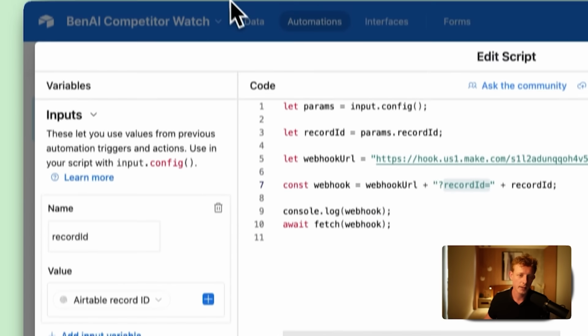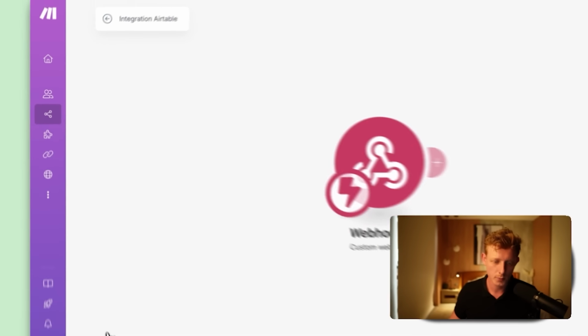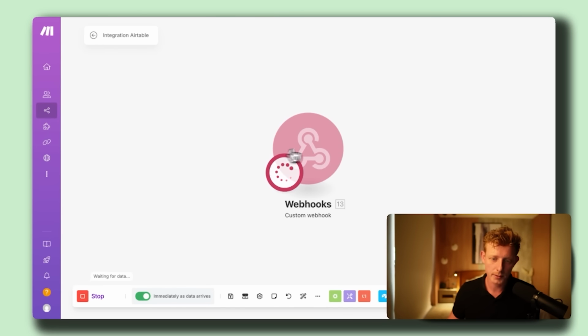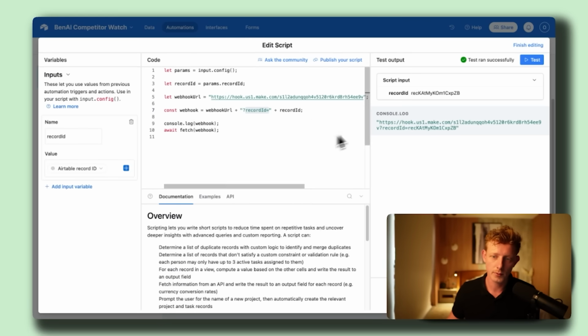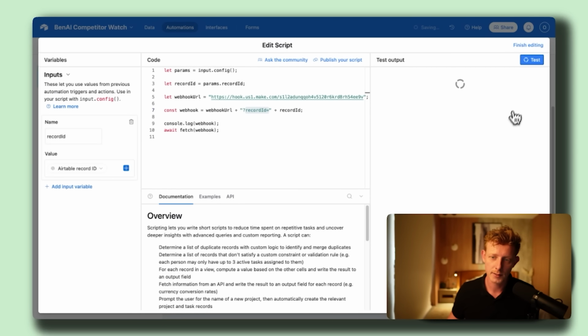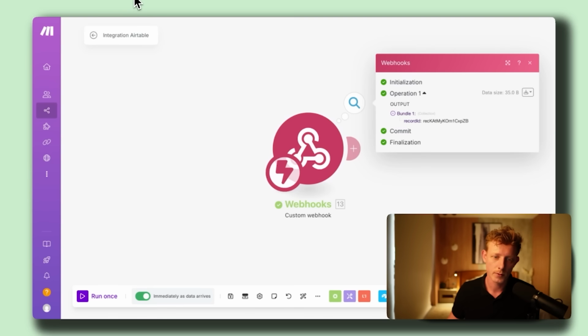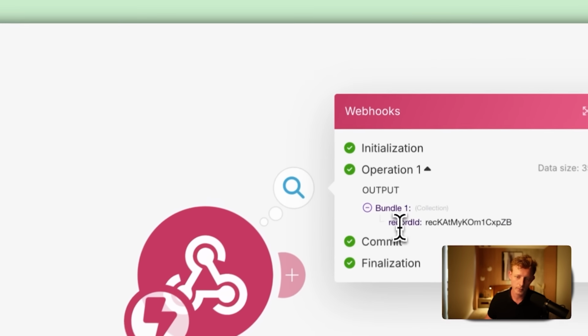And then basically what I can do here in make.com is run once. And basically you can see the webhook now. It's basically waiting for information to be received. Right, so if we go back to Airtable, we can now click test. Right, and if we go back, we can see that it ran. Right, you can see it received data, and the data it received is the record ID, right, which I defined